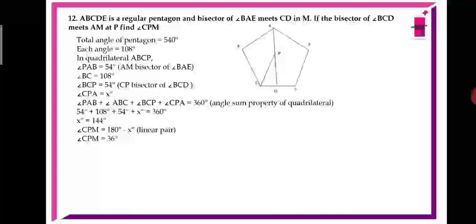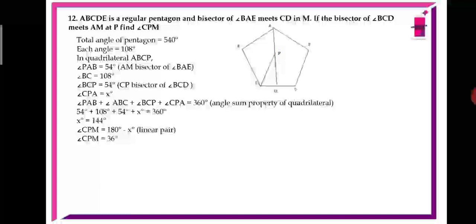Here first of all, the angle sum property of a pentagon will be 540 degrees. So where triangle is 180, quadrilateral is 360, pentagon will be 540 and with 6 sides it will be 720, like that. Every side increases and 180 degrees will be added to the angle sum. Now the total angle of the pentagon is 540 degrees and it is given that it is a regular pentagon, all angles are equal. If 540 divided by 5, each angle measures 108 degrees.